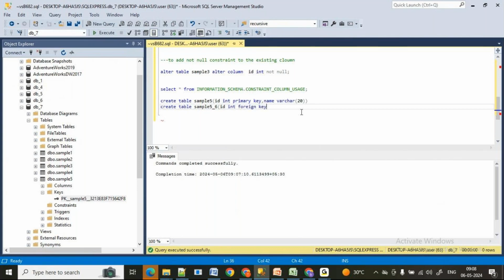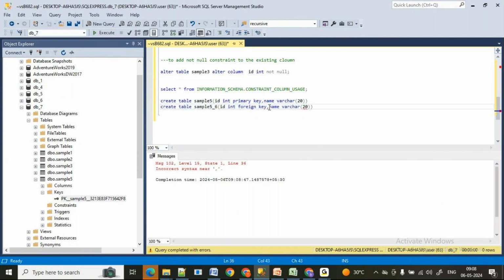Can I take it like this? Comma name which is of varchar. Can I take it like this? No. You will get an error. See, incorrect syntax near comma.